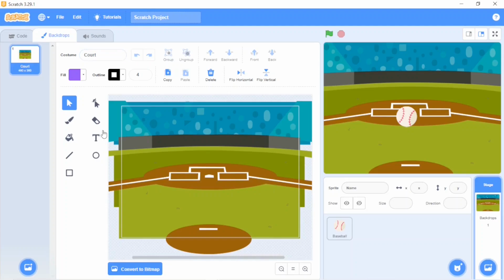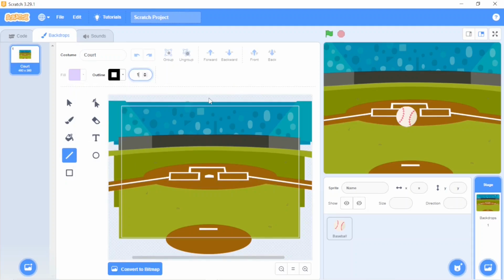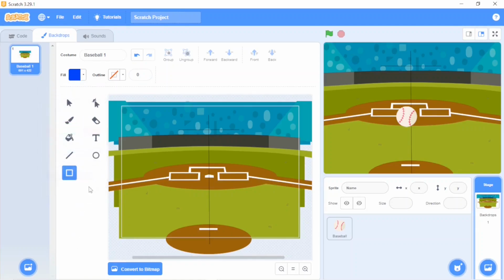Okay, court. Now I am going to make one partition line in the center. This is my partition line. Over here also I am going to draw one. Okay, partition is done. Now take the square one. Outline will be 0, and the fill color will be blue.